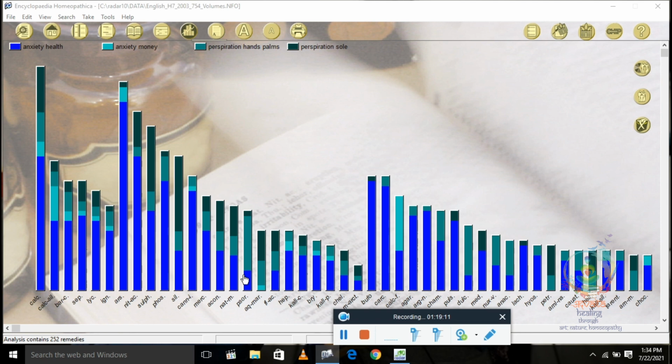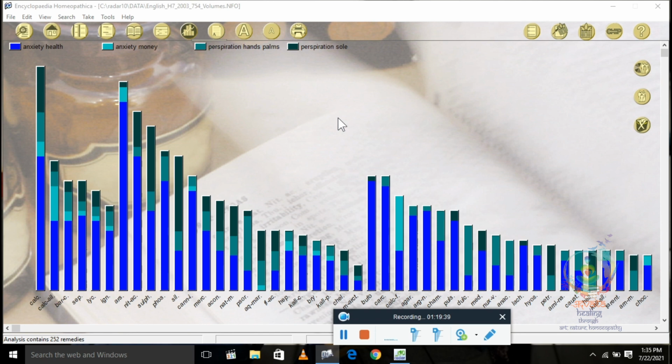You can make best use of your skills, your case taking skills, as well as your software handling skills, and you can arrive at a more precise remedy, the exact remedy. Okay, like that. So make use of Radar, guys.